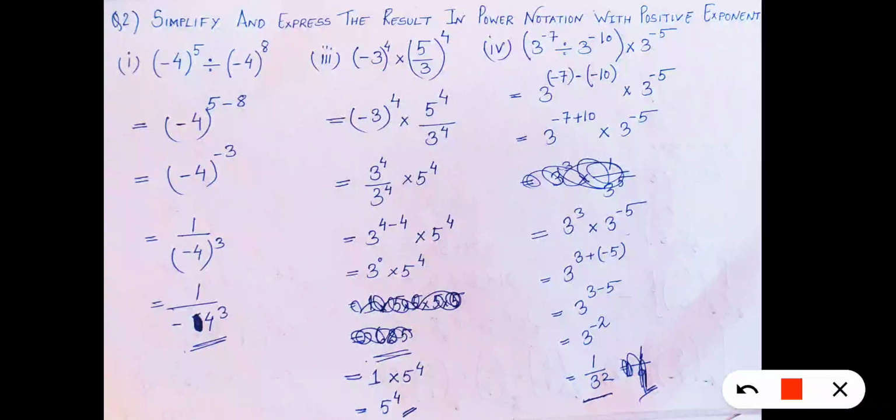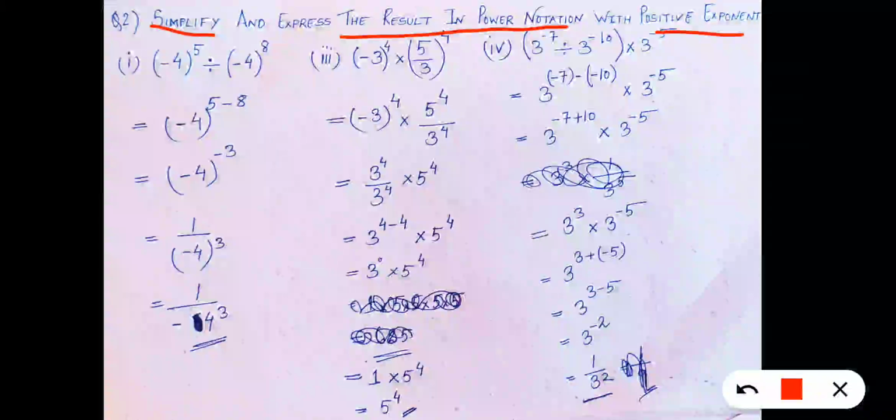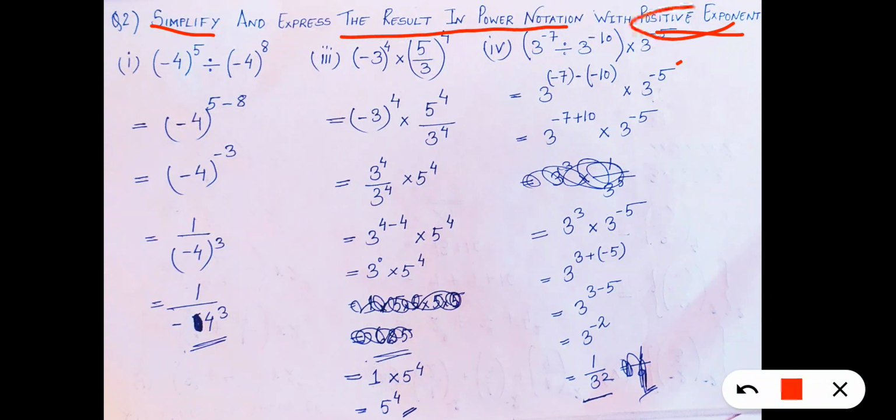This is question number 2 of the same exercise 12.1, and the name of the chapter is Exponent and Powers. Okay, let's start. Simplify and express the result in power notation with positive exponent. That means all the powers should be positive. Exponent means powers. You have to convert all the powers into positive, and you have to leave the result in